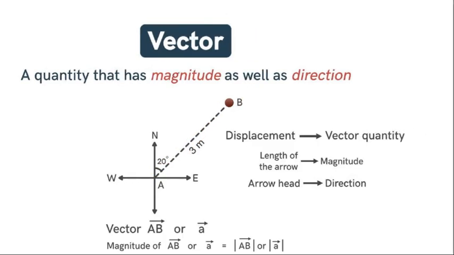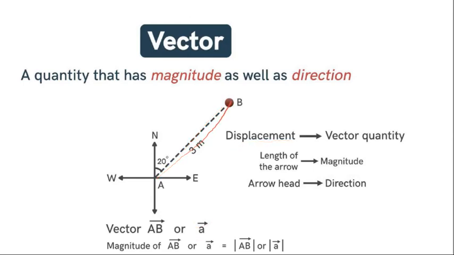Now vectors in this case is represented by AB, where A is the initial point, B is the final point. So you write AB, and to depict or to show that this AB is a vector, you will draw an arrow on top of this one. Fine. Apart from writing AB, you can also write a small letter. You can also indicate this vector using a small letter A. This A represents this vector A, and to show this is a vector, you will use an arrow. Fine.